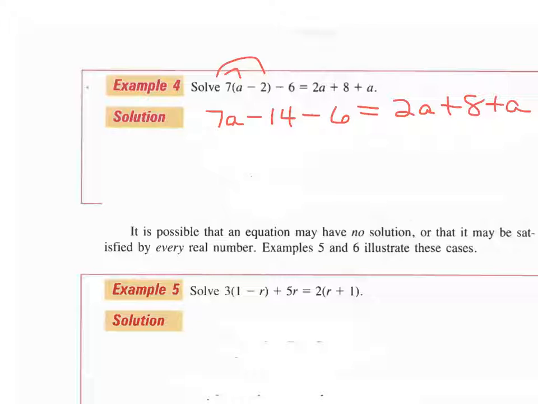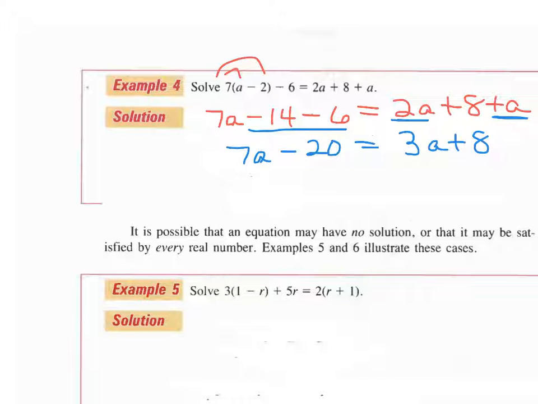Now I'm going to go back and group some like terms. Over on the left side, I have a -14 and a -6. Over here on the right, I've got a 2a and a 1a. So here I would get 7a, and I'm going to add 14 and the 6 and get -20. By moving